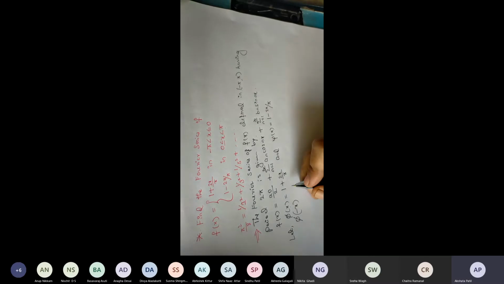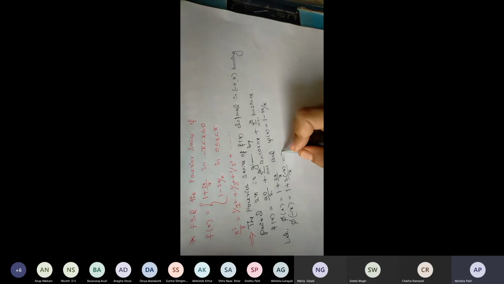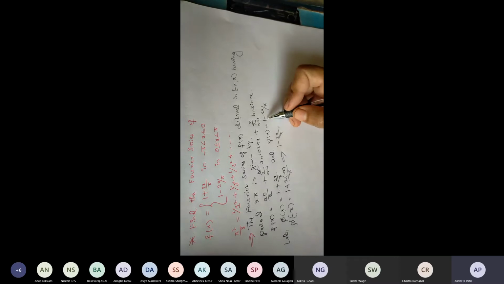So here the function is 1 plus 2, and in place of x we replace it by minus x, divided by pi. So here you will get 1 minus 2x divided by pi. Is it right? Because 2 of minus x is nothing but minus 2x. So is it nothing but psi of x? Just see here. Is it nothing but psi of x? Yes or no? Yes, ma'am. Okay. So this is nothing but psi of x.